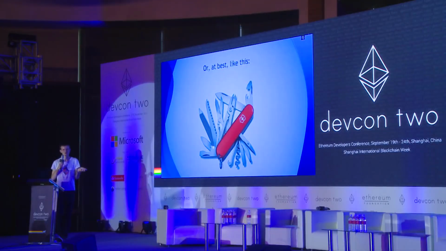So after this, in 2013, there were people who were making protocols that looked like this. A Swiss Army knife. Basically, you come up with a list of 10 or 20 features you want to have, make a little tiny thing for each one of them, stick them together into a knife, and there you go, that's your product. Or in this case, that's your blockchain.